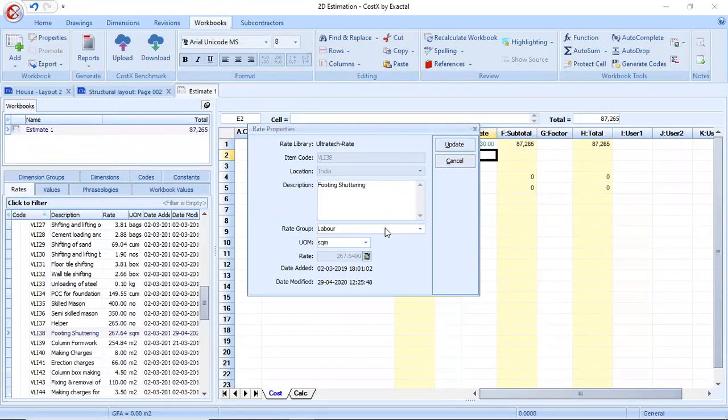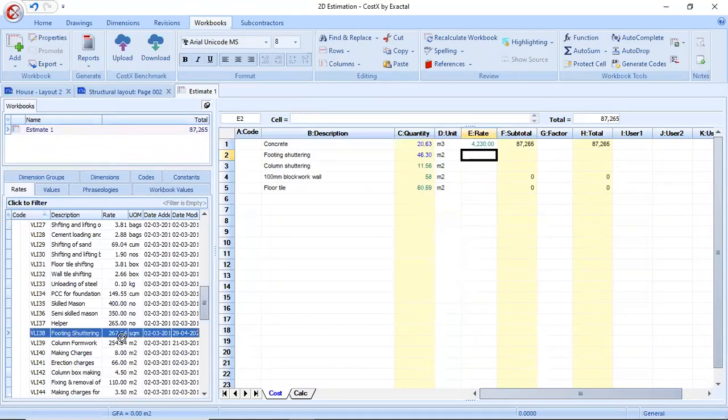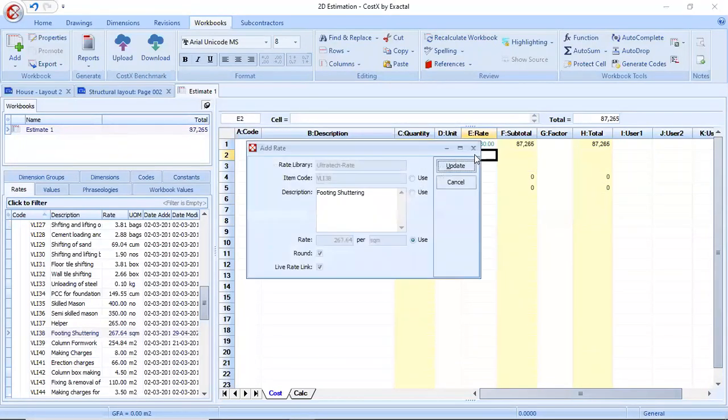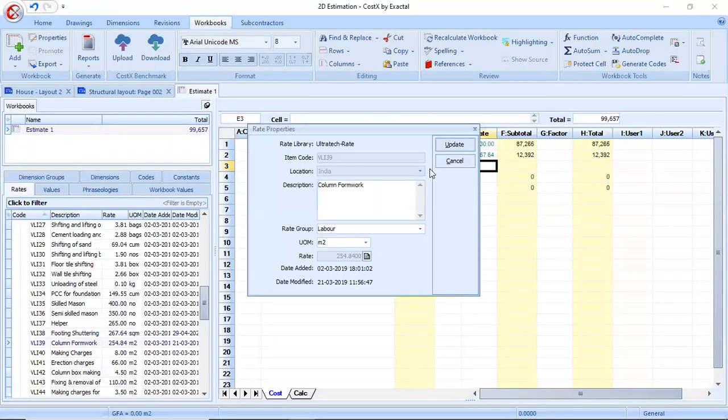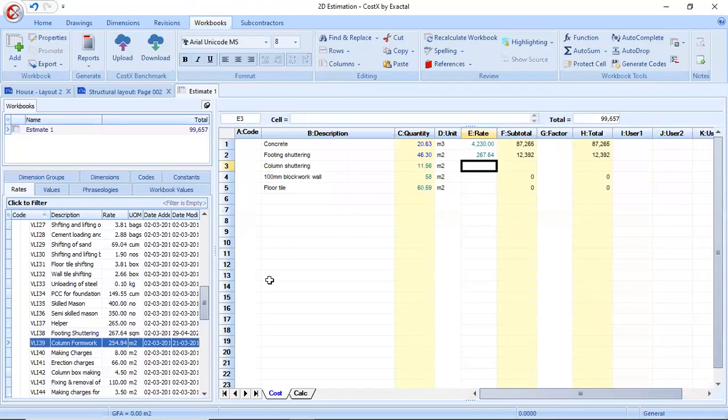This is my rate analysis. I'll just include this rate analysis inside the estimate. Now it has been updated. The same way for column shuttering, again I have the rate analysis, and this rate analysis can be brought inside the estimate just by linking directly.